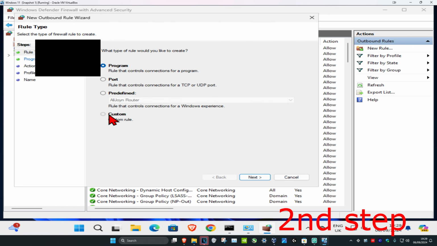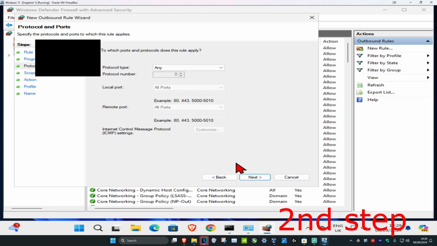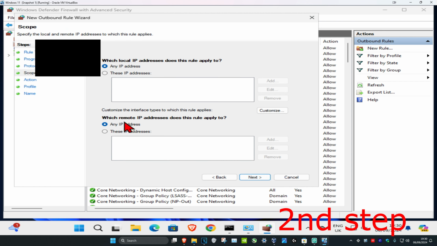And now you want to click on Custom. Next. And then select all programs. Click on Next. And then click on Next again. And then where it says which remote IP addresses does this rule apply to, you want to click on these